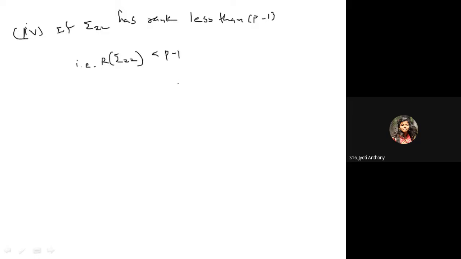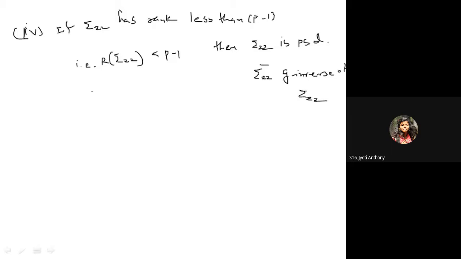So what kind of matrix is this? This matrix is called positive semi-definite. Sigma 2 2 is positive semi-definite, and when sigma 2 2 is positive semi-definite, how will you find the inverse? You cannot get the regular inverse, so you have to find the G inverse. So sigma 2 2 bar is said to be a G inverse of sigma 2 2. So now what is the correlation coefficient in this setup?